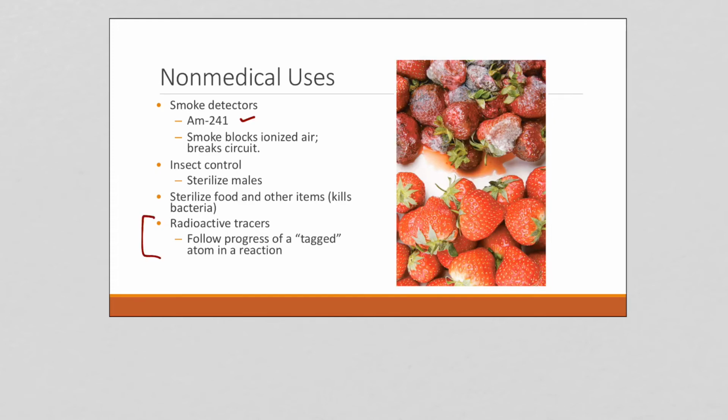And then in research, similar to what we talked about with using radioactive tagging in medical treatments, we can use radioactive tracers to measure the progress of a reaction. We can follow the path of a particular molecule. If we've incorporated a radioactive isotope, we can measure the radiation being given off. We can follow that radiation through the reaction process and measure how fast it's going, where it's ending up, these kinds of things. So there are all sorts of different uses for radiation or radioactive isotopes in all sorts of areas of life. All right, so that's going to bring to a close our look at radiation and radioactivity and all different aspects